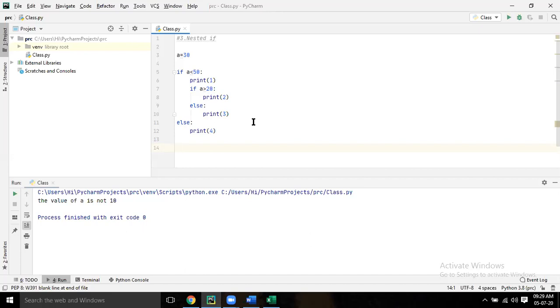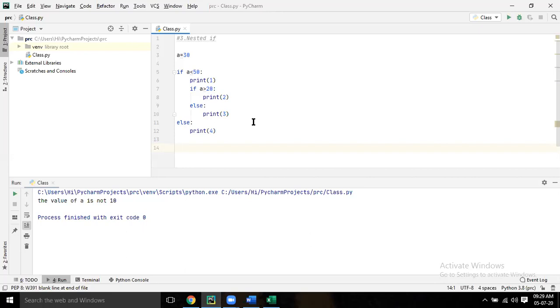Now when you are writing any code, you have to write this print 2 and print 3, you are giving tab. So in the inner if, you are giving tab and writing print. That means these print 2 and 3 are inside the inner if and else. But print 1 and 4 is for outer if and else. So you are giving here tab, right? So like that properly. While doing the coding, you will try to practice this thing, the indentation part. And you see the error also in that way, how it is flowing. If you want to check the flow, you just simply print something, 1, 2, 3, 4.